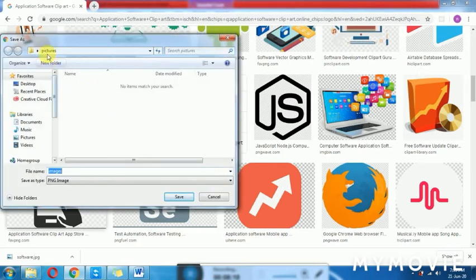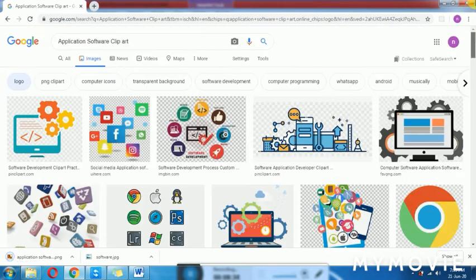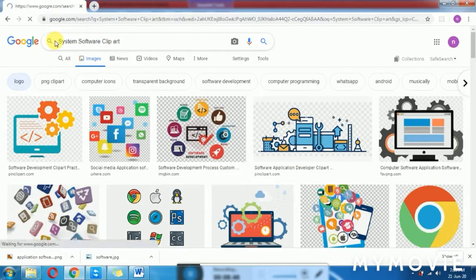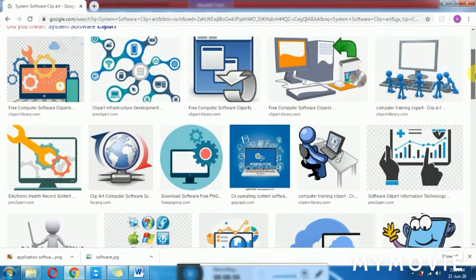Save image, right click. Now I don't need to open the folder again. It is automatically saved in my Pictures folder as we created before. Then in the same way, I'm writing about the system software, so I find the picture of the system software. Same, repeat that. Which picture am I going to use? Okay, this.